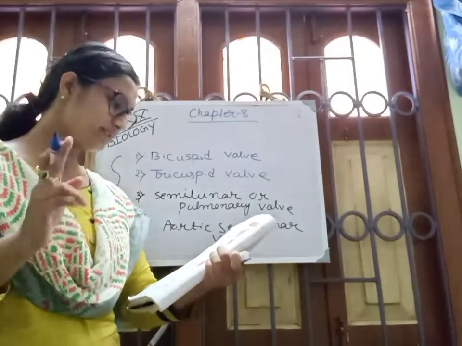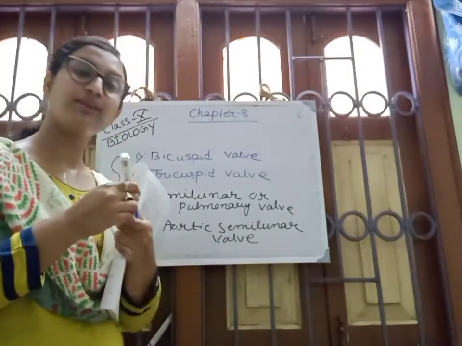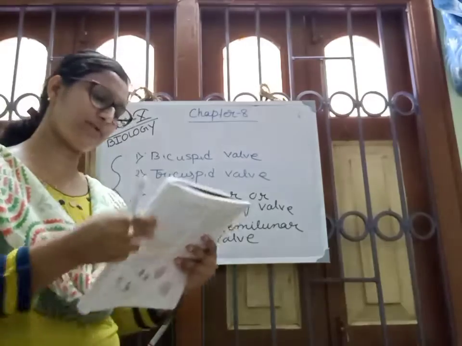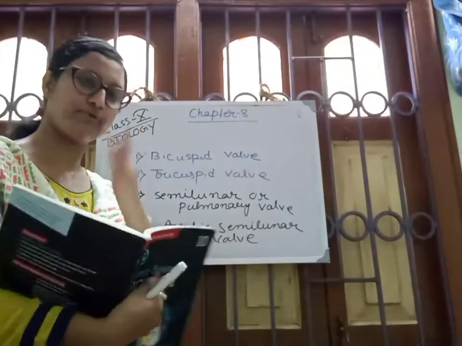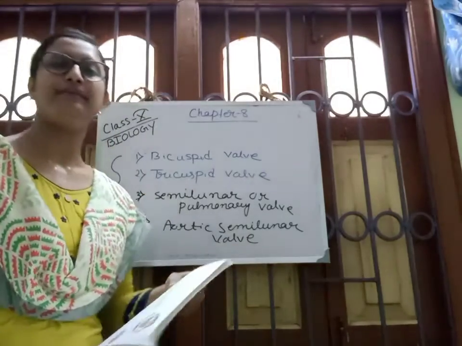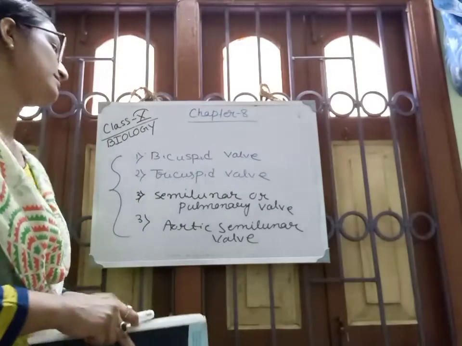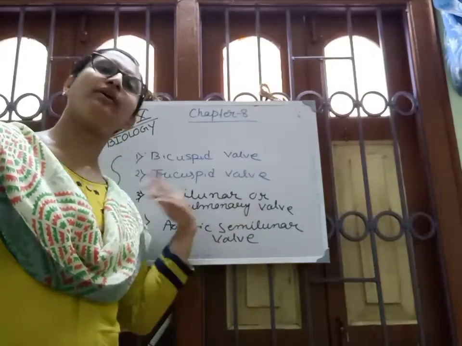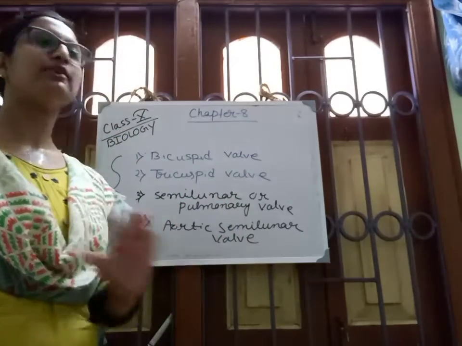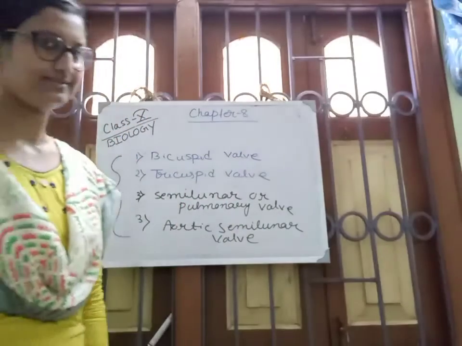In the next video I will discuss the double circulation, the blood circulation. This one is very important, and you have to draw the diagram also. I will draw this diagram roughly on the board, otherwise you cannot understand. You have to remember the location of the heart and the blood vessels, otherwise you cannot understand the blood circulation.